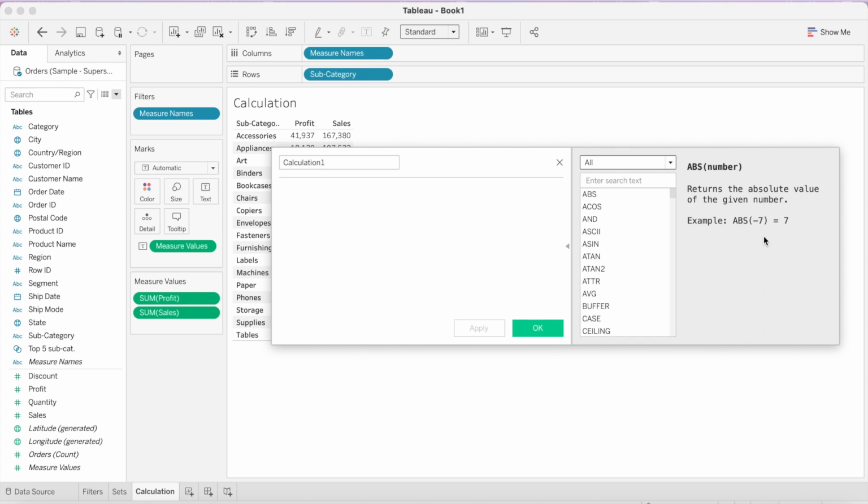So now, in order to create a calculated field of cost, let's first rename this calculation and rename it as cost.